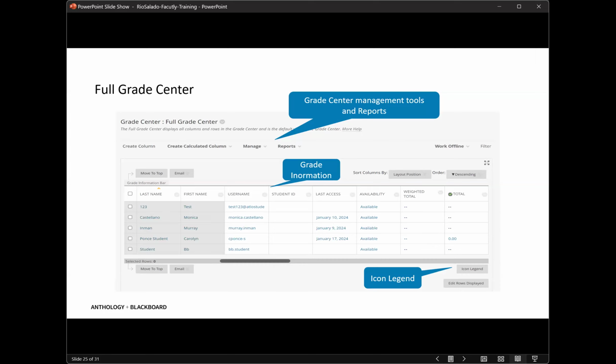One thing to note, if you are an Apple user and you're trying to view this on your Mac, even in another browser such as Firefox or Chrome, you may need to turn on scrolling as part of your Safari browser. Because what I have found before is that if you have scrolling turned off or set to show only when you move the mouse, then sometimes that scroll bar doesn't show up at the bottom of your grade center in Blackboard. So if you use a Mac, you might need to check your scrolling settings. If you're using PCs, no worries.